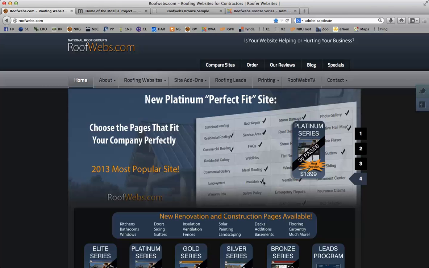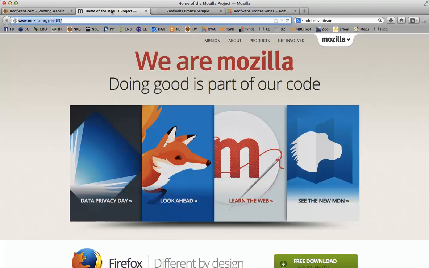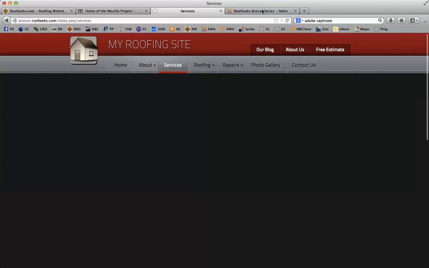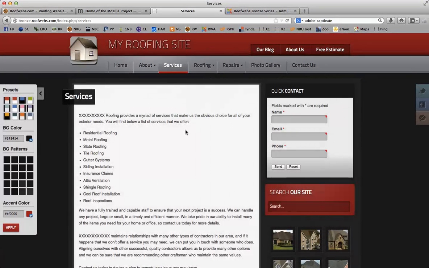In this tutorial, we're going to take a look at adding photos to your existing pages. Remember to log into the back of your website using Mozilla Firefox browser. We're going to be using the services page of our bronze website sample, and we're going to put a photo